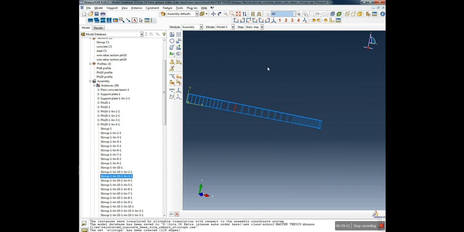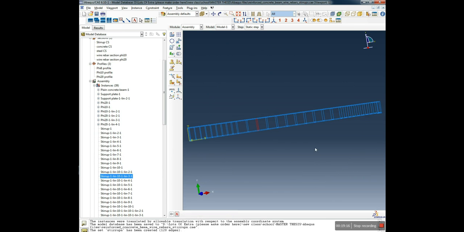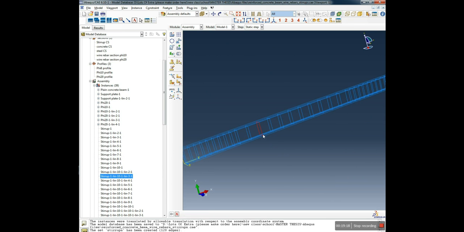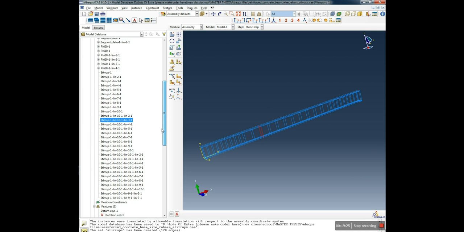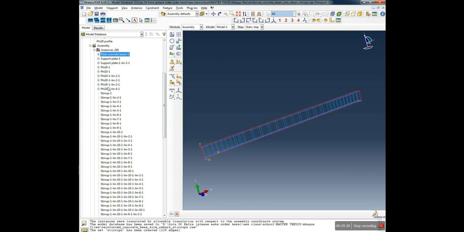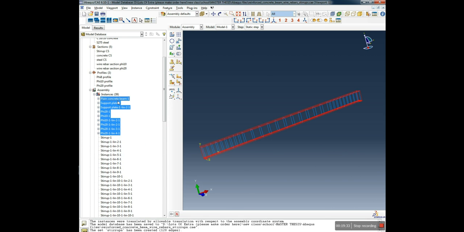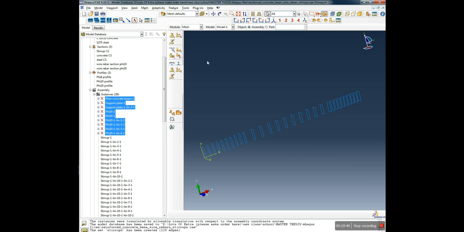And now we need to embed, or maybe to seed, and that I've been able to do before. So suppress it again, and now we can go to the mesh module, and we will seed the stirrups. Seed